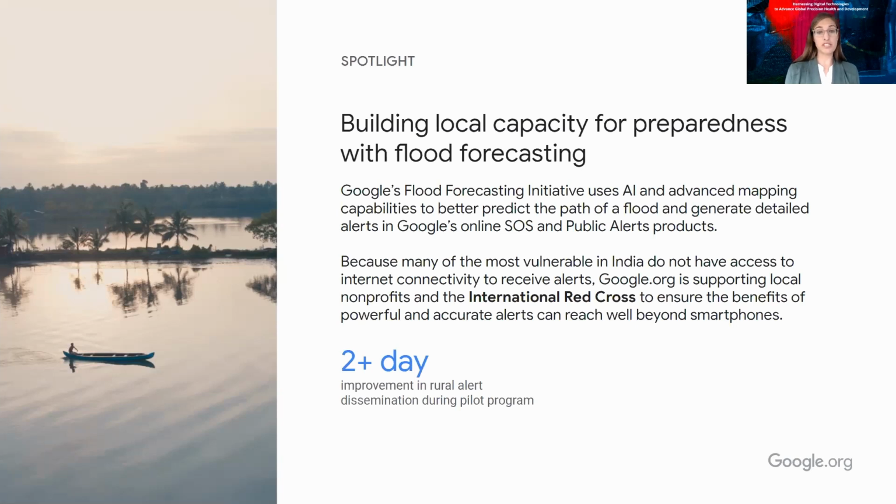But I think this is a really good example of combining digital technology with offline solutions, because as you can imagine, many of those who are at greatest risk for impact from floods are not necessarily the folks who are getting a smartphone alert with a map showing them where the flood susceptibility is highest. And so we've partnered with the International Red Cross in India, where this has started, and expanding now into Bangladesh, into other countries, to really build out a community alerting system alongside this.